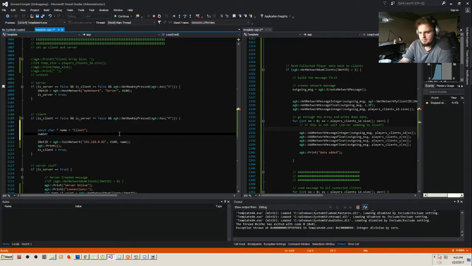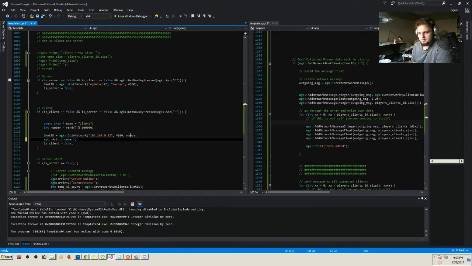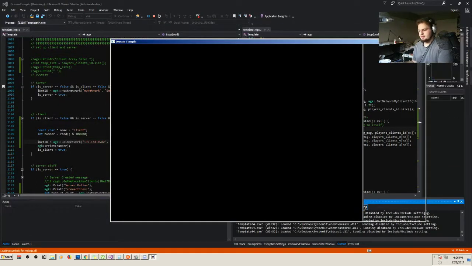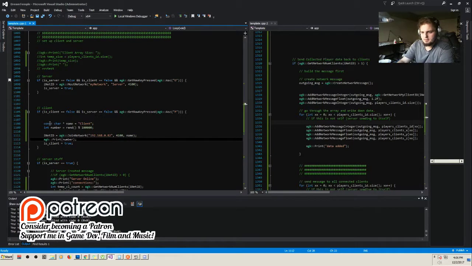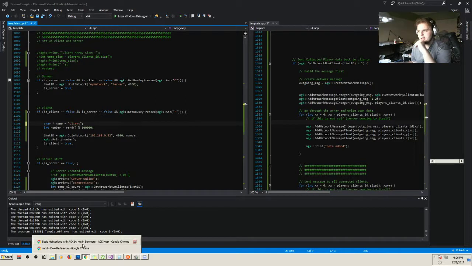So, integer. Random. And print number. Break. Oh yeah. Gotta cancel that. You can stay the same. Ah, I gotta head to work now. Okay. P. Well, it was there for a second. So now I need to convert